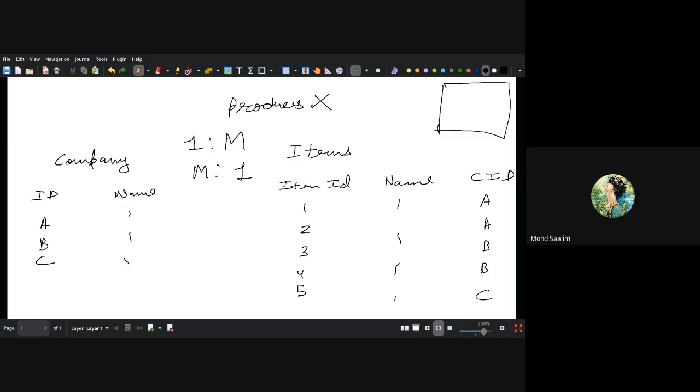Even in one-to-one relationship, things are more convenient. Here we are creating CID here on the many side. We are creating the foreign key on the many side. But if it is a one-to-one relationship, you can create the foreign key either on the right hand side or the left hand side. Both are just having one cardinality. So you are just directly connecting the rows, one row with one another row.